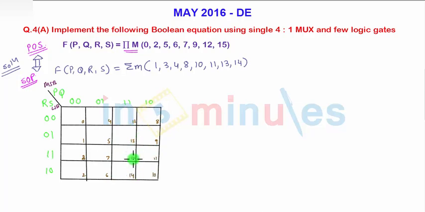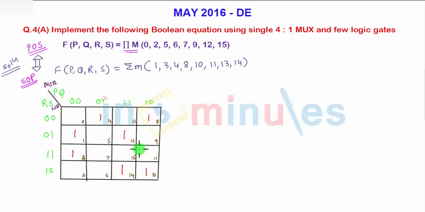So okay, we are going to solve the equation on the basis of SOP form. Okay, that is our regular way to solve. So for SOP form we are going to enter 1 in the K-map. So at these positions 1, 3, 4, 8, 10, 11, 13 and 14 we are going to enter 1 in the K-map. So 1, 3, 4, after that 8, 10, 13 and 14. So these are going to be my equations, or sorry, the filling of K-map.